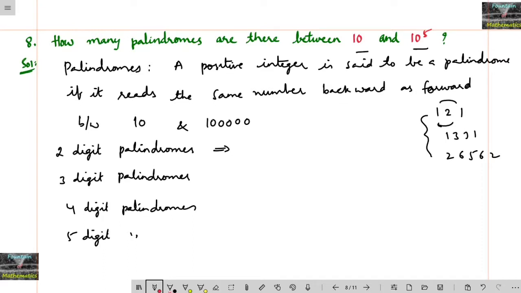So let's check out here. With the 2-digit, we cannot take 0, so we'll start with only 1. If 1 is placed, we can just remember that both must be the same. If 1 is placed here, the other number also must be 1 only. If 2 is there, the other will be 2. How many cases will be there? Up to 9 only. Means the number of cases is nothing but only 9 ways.